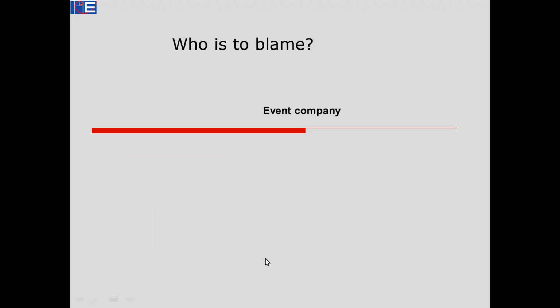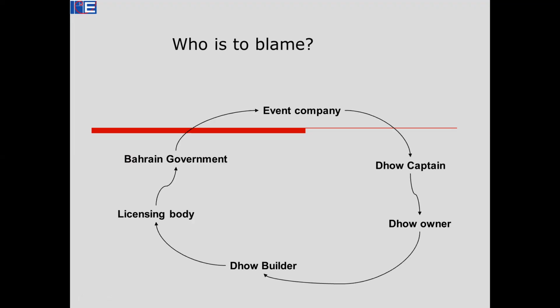And no one. Okay, so what actually happened, and this court case went on for many, many years. It's not even resolved now, by the way. It went to the International Court in The Hague. Basically, what happens is that everyone blames everybody else. The event company blames the captain, who blames the dhow owner, who blames the builder of the dhow. You know, it wasn't built to specifications. The dhow builder says, well, we built it to specifications, so it was the licensing body who allowed our boat to go